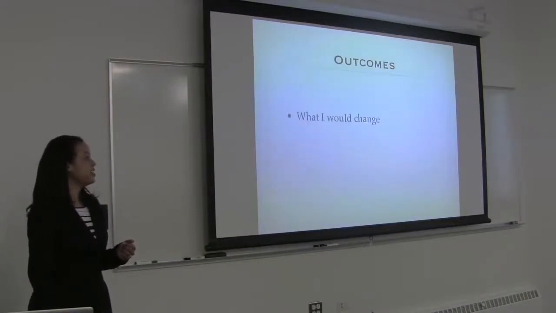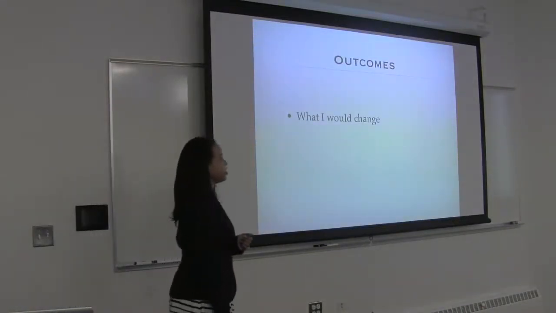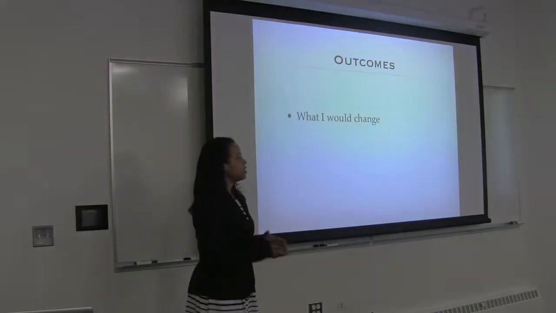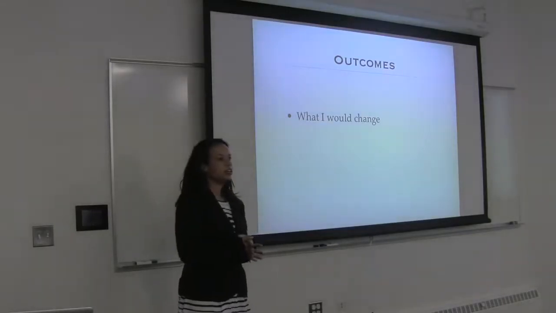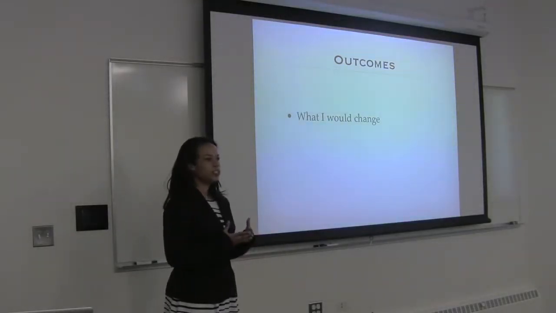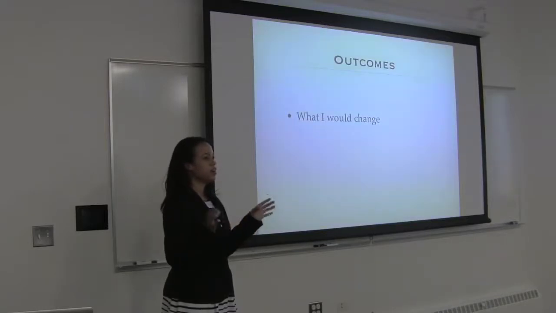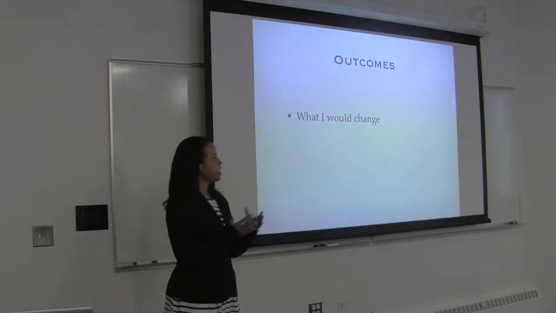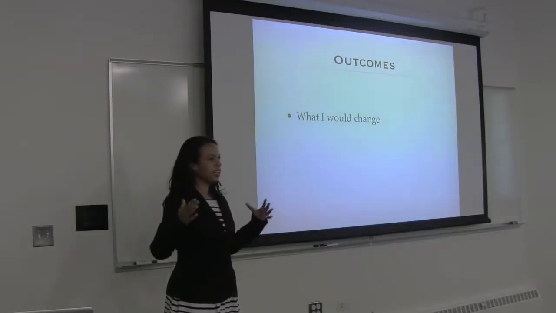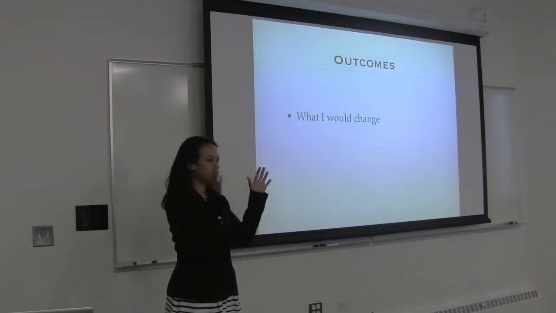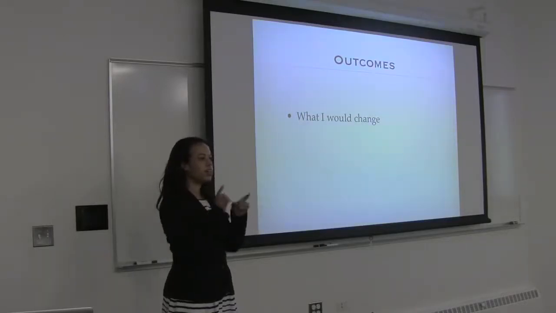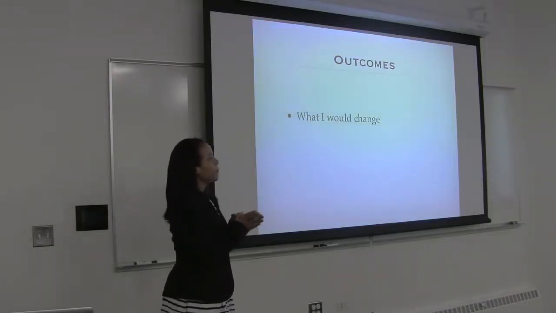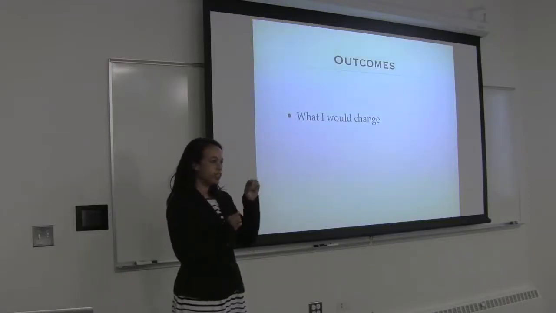Outcomes. As I've been able to test the project now that it's up and really work with it, there are a few things that I would like to change. The first is with Layer itself. I'd like to see it be a little more responsive. As it is now, the icons are always there, and as you get closer, they get larger, and in such a small space like a campus, it can be really overwhelming to have all these giant icons, and it's hard to navigate between them. So ideally, I would like to see just your regular points on a map until you click on it, and then the icon would pop up, and you can see all the information. And when you click on it again, it would go away.